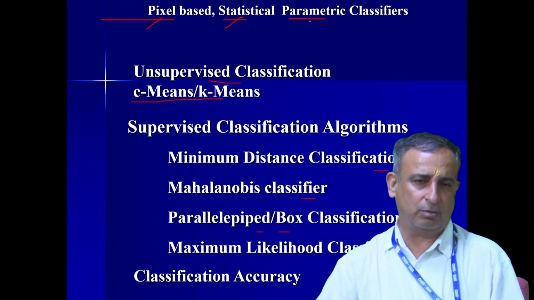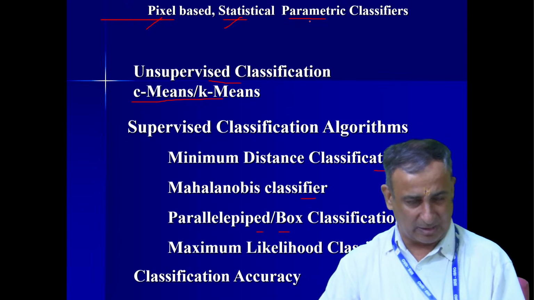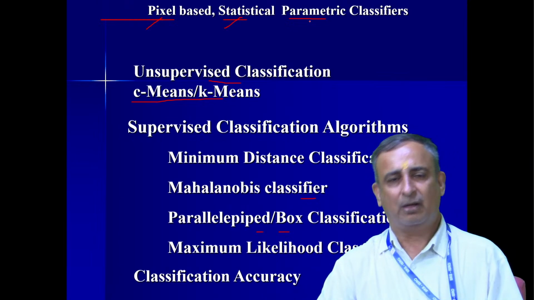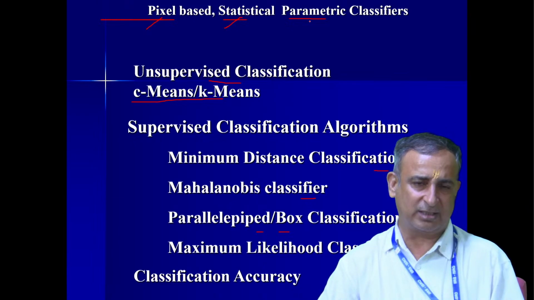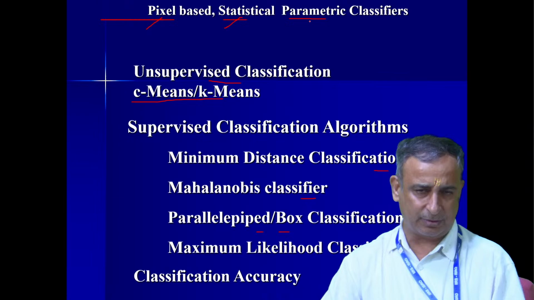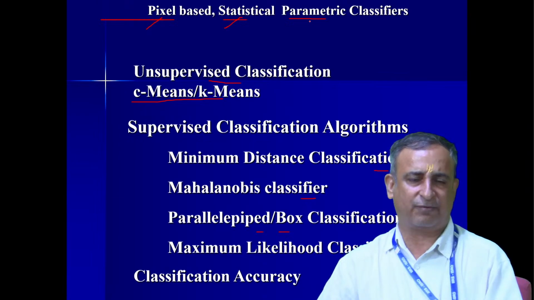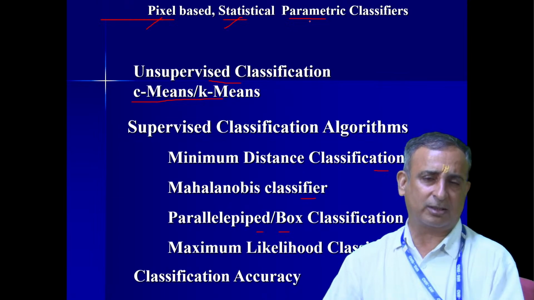Then I went to what is image classification and what is digital image classification, and the subclasses of the classification approach. There are two branches that have been developed. The first one is the unsupervised classification approach, where training data is not used. And one more thing I would like to mention about the unsupervised algorithm: it is applied where